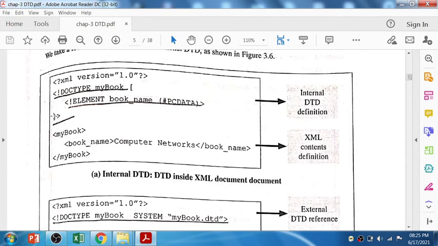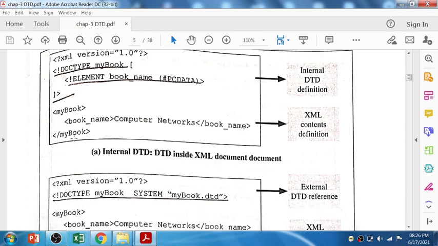Then after that the XML code is there, three lines of XML code, right? So as per this DTD, there should be a root element, that is myBook. It contains bookName. Yes, so myBook contains a bookName, and bookName contains what? Data. The computer network is data. That is data, #PCDATA. What #PCDATA is and all that I will discuss further. And you have to close the tag and the root element. So as per this internal DTD code, this XML structure is valid. Same way, the same thing will be